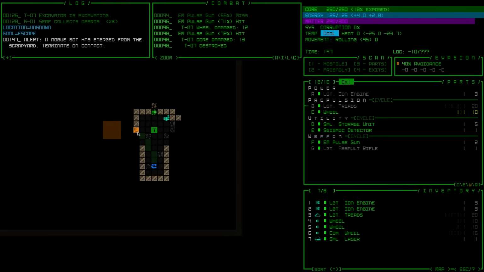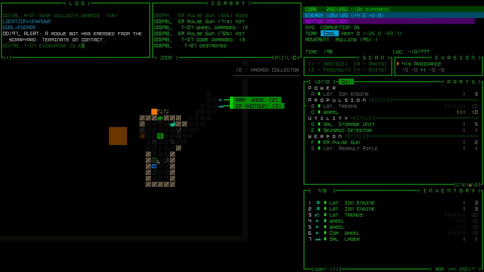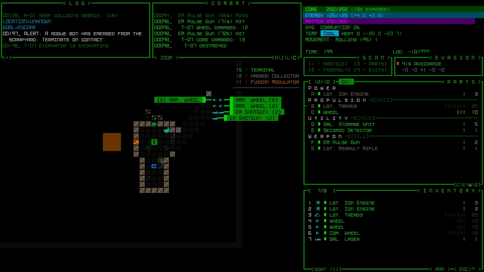Alright, so there's a couple of things that we can see. We can see a door. We can see an excavator. We see a grenade launcher. We see a terminal. We also see that there's an alert. A rogue bot has emerged from the scrapyard. Terminate on contact. We don't want that to happen. An electromagnetic shotgun, an armored wheel. Oh, we're rewarded. Wow, okay, loads of... This is a stockpile over there. But over here, you can actually see...